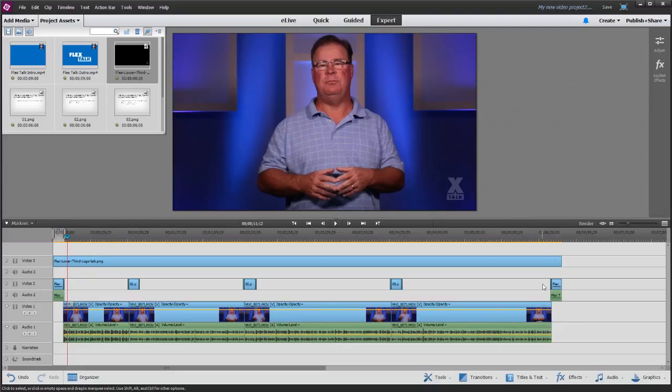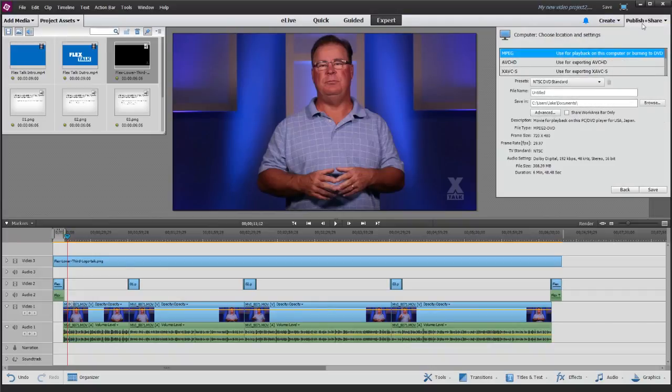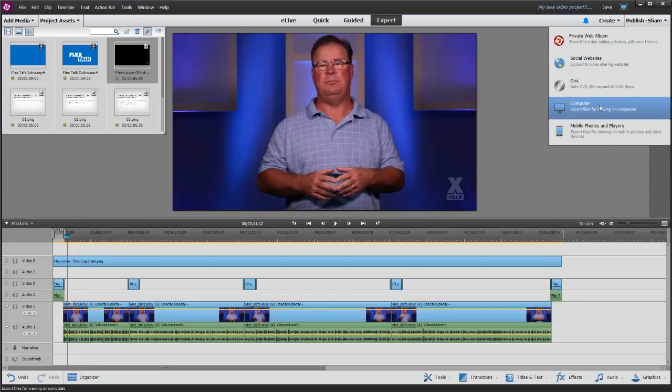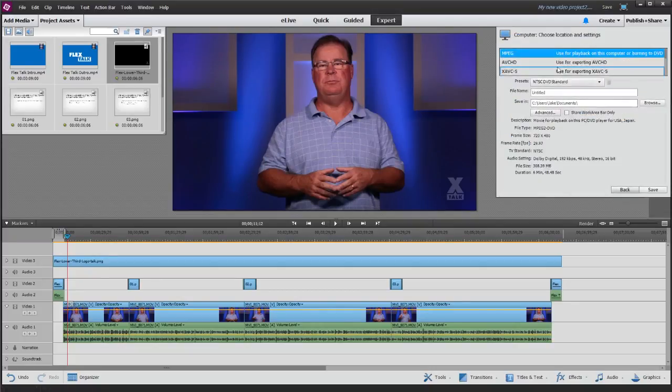So the last thing to do now is to export. So we're going to go over here to the top right. We're going to go to Publish and Share. So it's going to look like this at first. So you're going to go over here to Computer, and then there's some options in here on the export file type. Make sure you've selected MPEG,